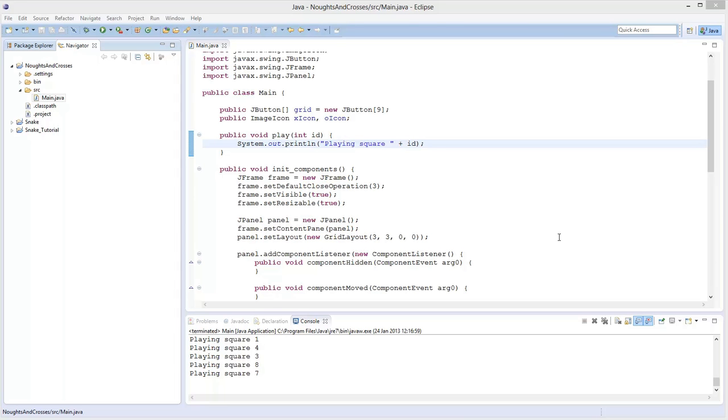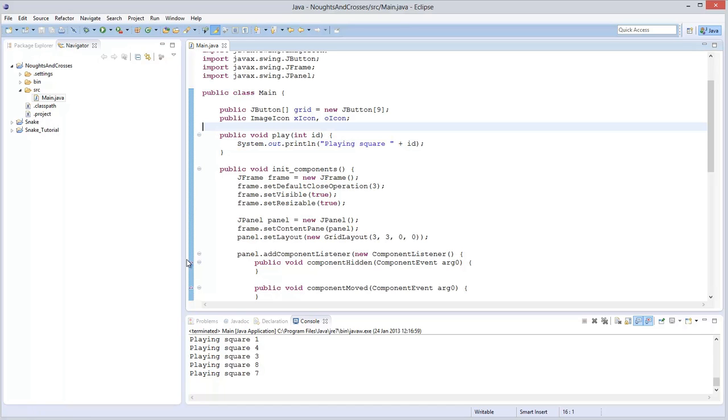So what we're going to do this time is we're going to actually create our play method. What this is going to require is we're going to need to create a current player, we're going to need to create the check win method, and we're going to have to create a method to attempt to change it. So what we're going to do is up here, underneath our J button and our grid,